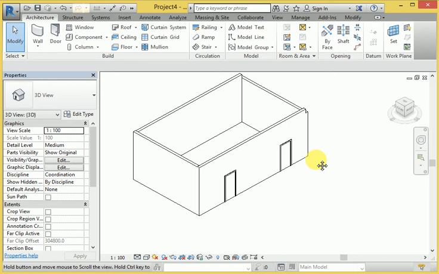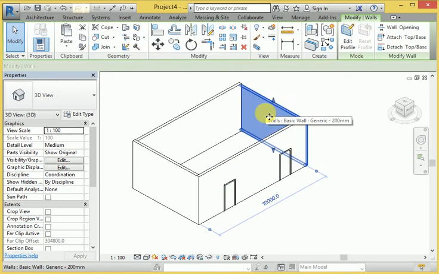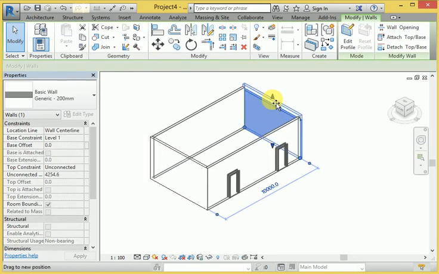Look, this is how to compress for every connection of the wall.